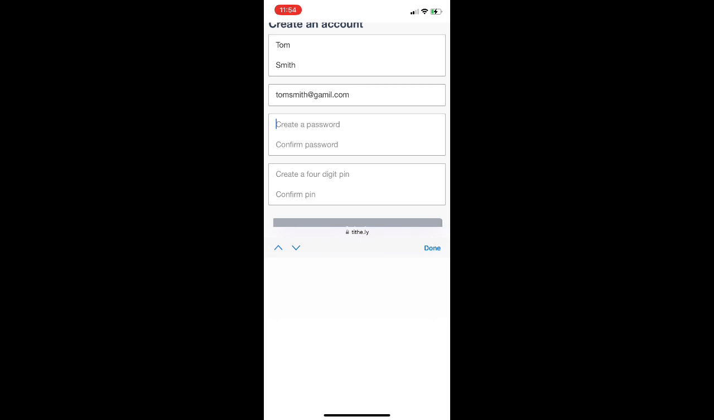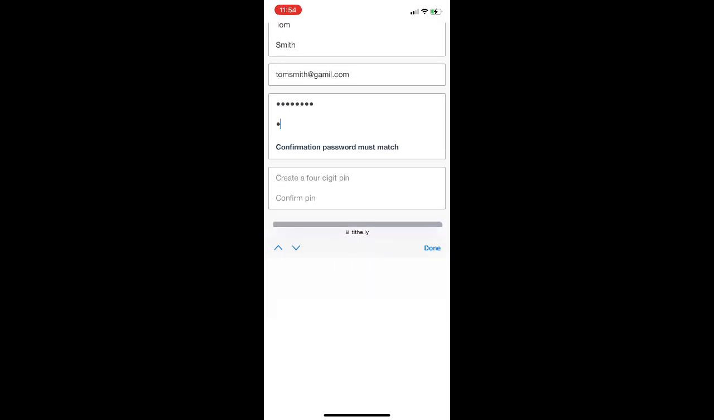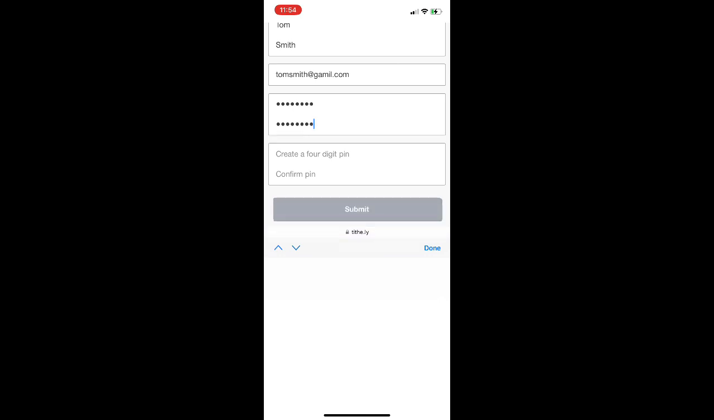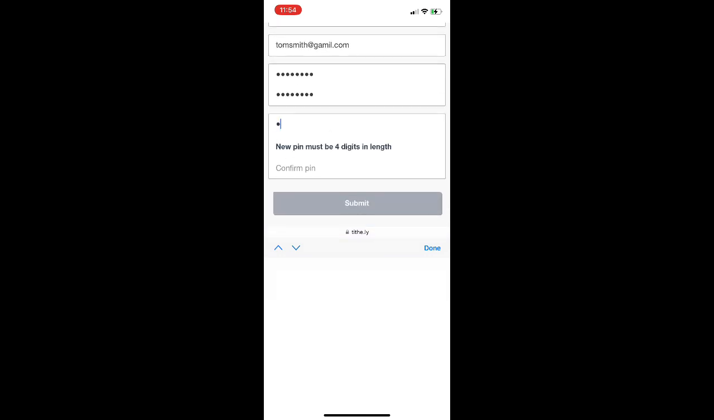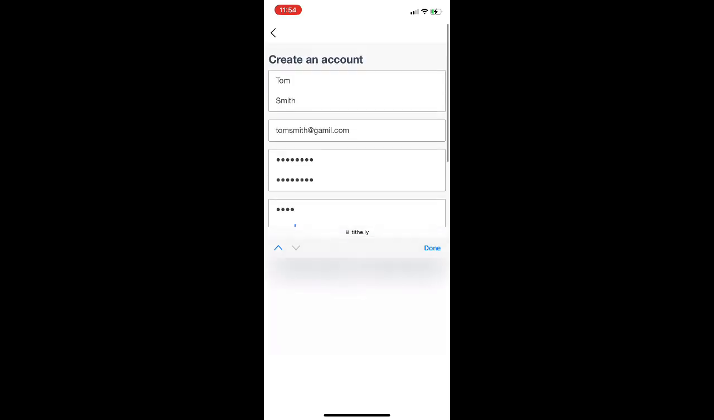Then you're going to create a request to create a 4-digit PIN number. This PIN number is going to be needed to complete some of your transactions or enter the app. So it'll ask you to enter that number, then confirm that number again. Once you hit submit on that, then you've uploaded an account, and from there it's going to take you into